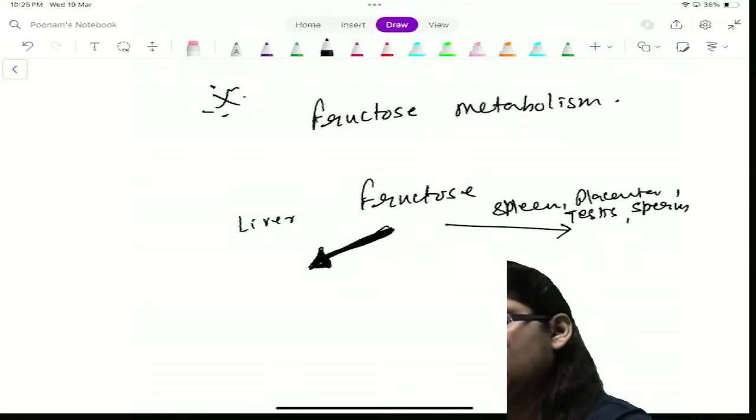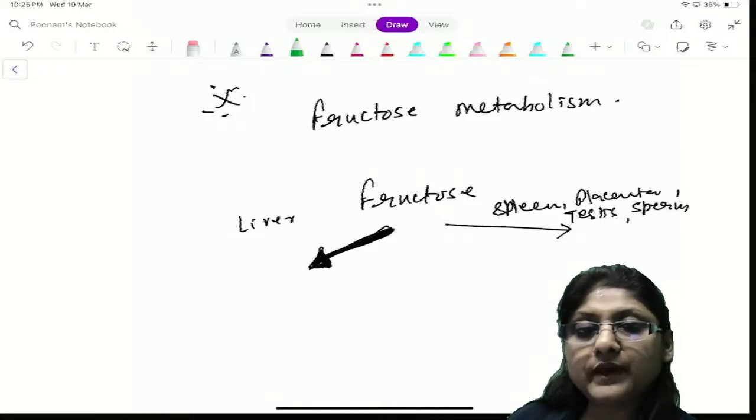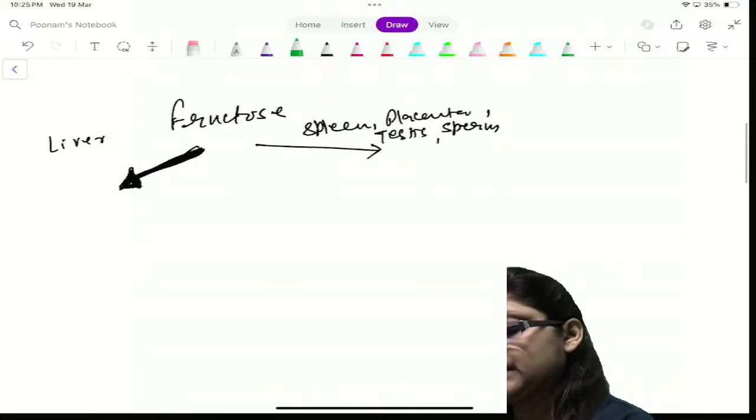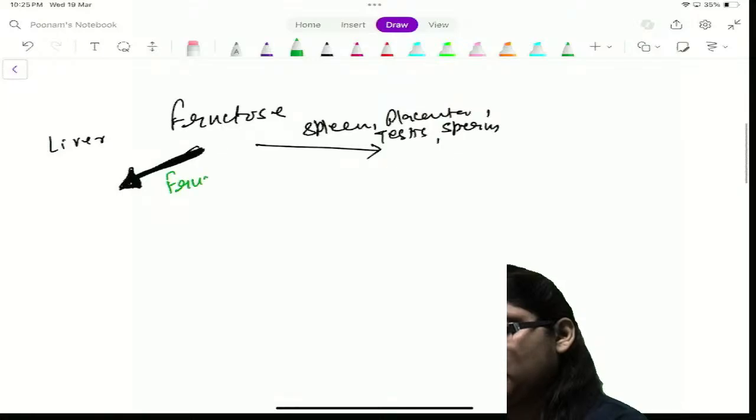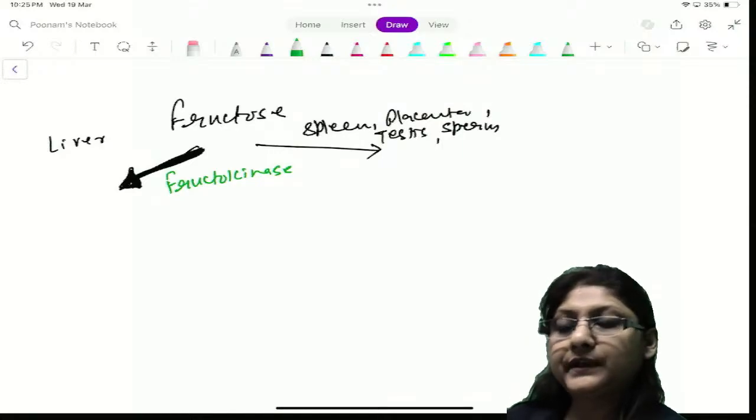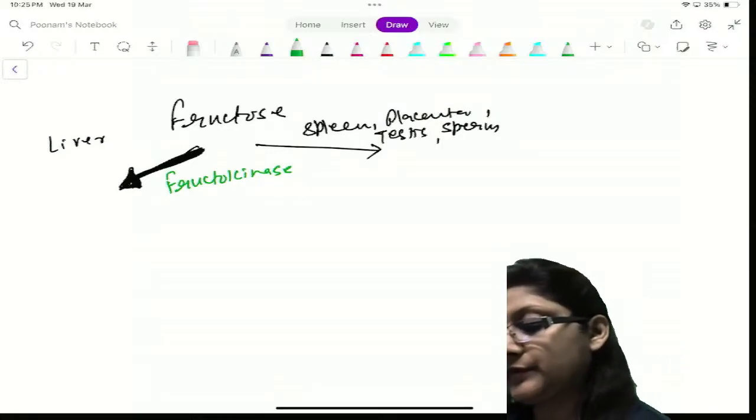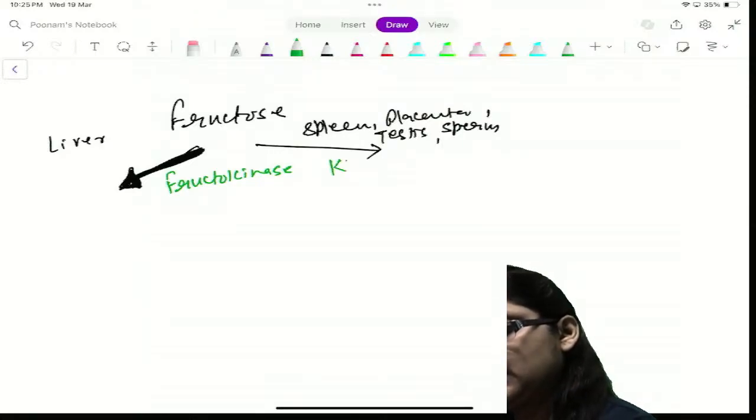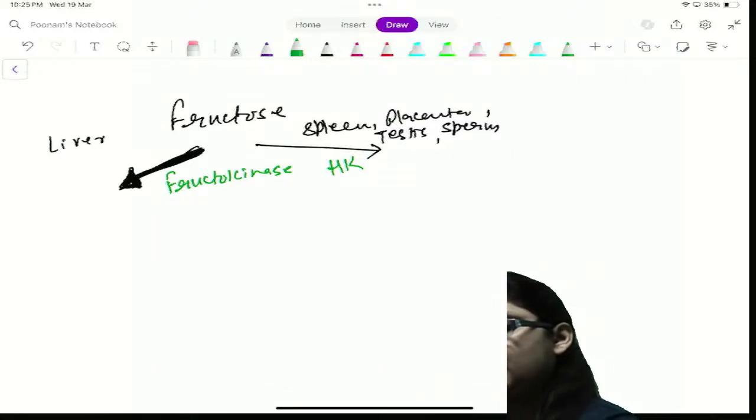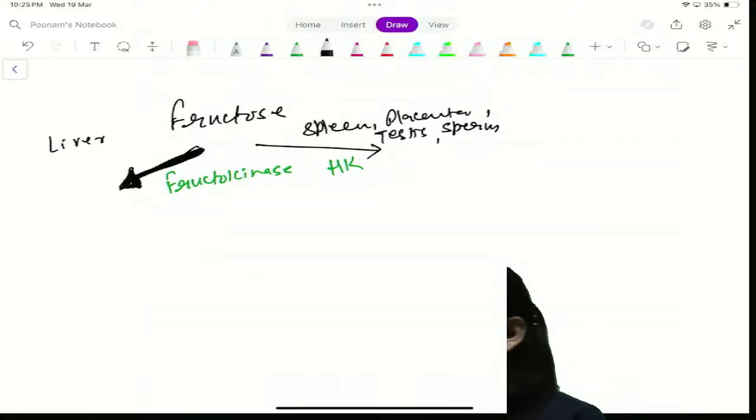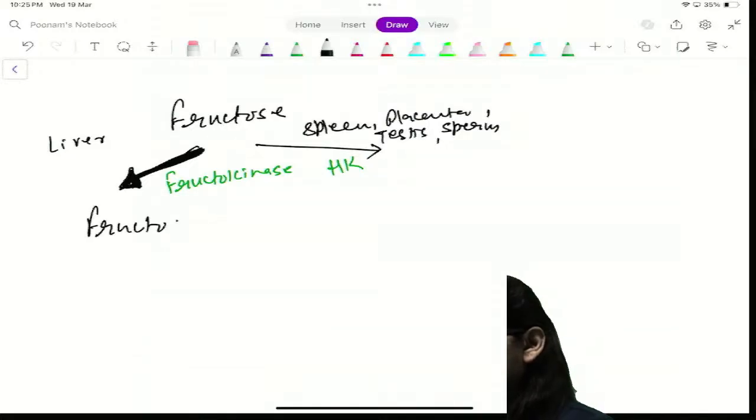What is interesting here, the enzyme which is going to act on fructose in the liver cell is going to be fructokinase. And on the other hand, the enzyme which is going to act on fructose in other cells is going to be hexokinase. This fructokinase is converting fructose to fructose 1-phosphate,